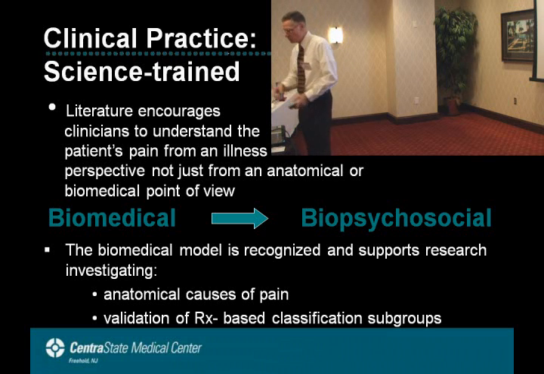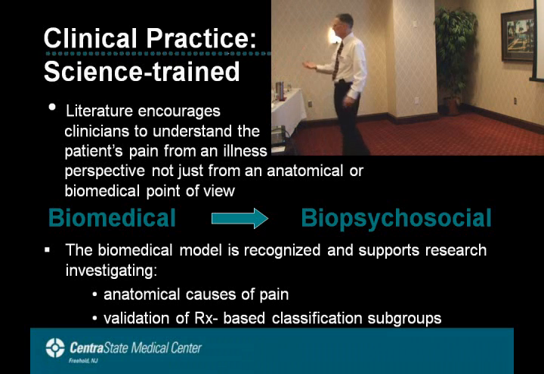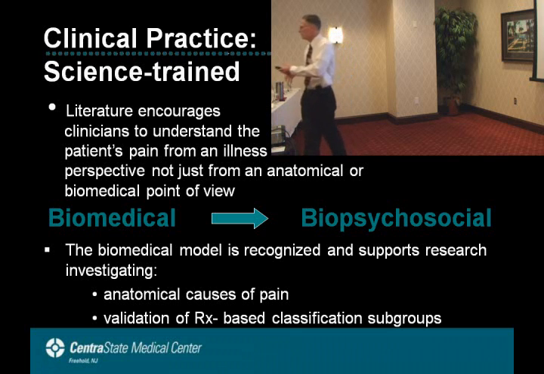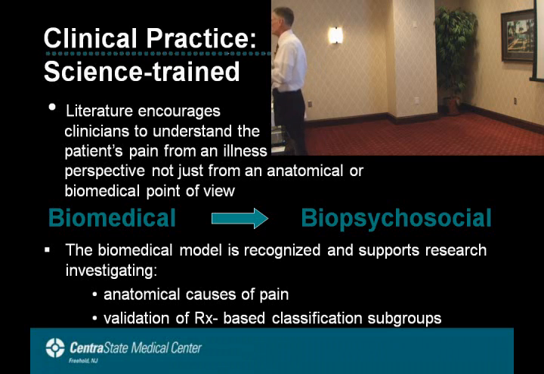Okay, so you're my patient, and we're coming in. I'm going to do an evaluation. Well, what am I going to be very interested in? I'm going to be interested in anatomical dysfunction. So I know these certain tests. I want to tell if you have a labral tear or a rotator cuff. I have to do all these differential clinical diagnostic tests because I want to get an idea of anatomical impairment. Important. Biomedical model states to do that.